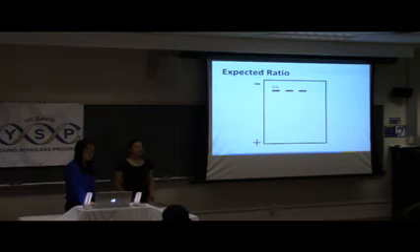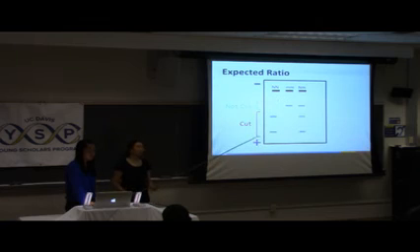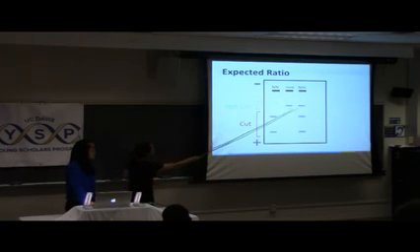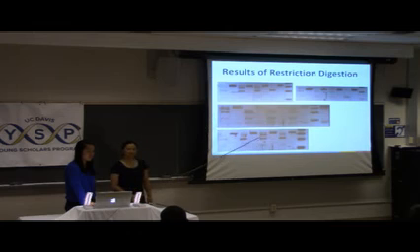And with all these different combinations of alleles, what do we expect to see on our gel? If we have 2 normal alleles, 2 normal forms of the gene, we expect to see 2 bands, because BstUI cuts the normal allele. If we have 2 mutated alleles, meaning the other form of the gene, we should only see 1 band, because BstUI does not cut the mutated allele at all. And if we're heterozygous and we have 1 normal and 1 mutated, we should see 3 bands. One of them would not be cut, like in this case, and the other allele would be cut, like in the normal allele. So these are my results of the restriction digestion.